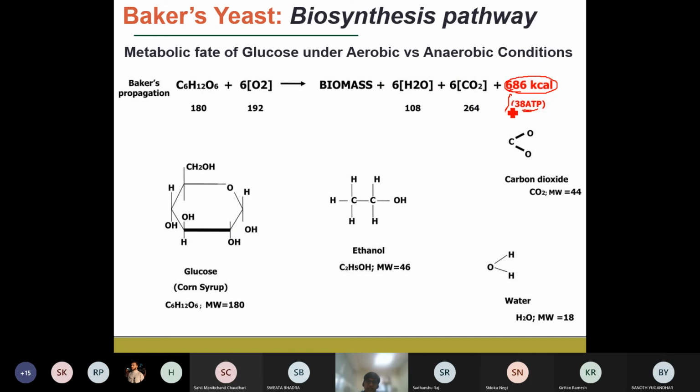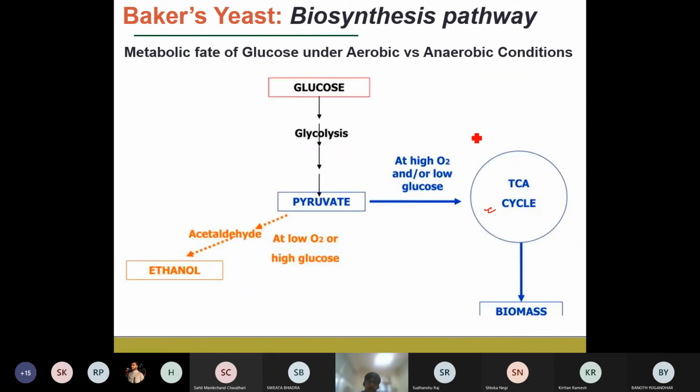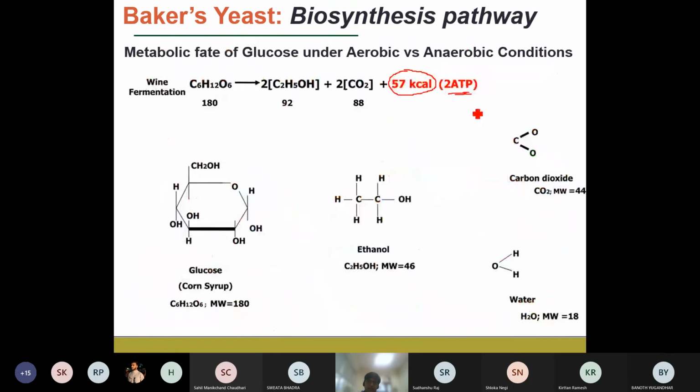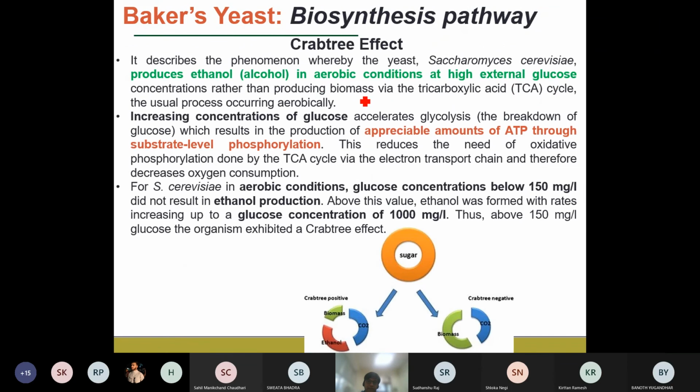And this energy, if you look into the biochemical pathways, the ATPs are required at each and every biochemical biosynthetic pathway and step. So this energy that is being released is consumed by the yeast for the production of its biomass, and the final concentration of the biomass is going to increase in the lower time frame.